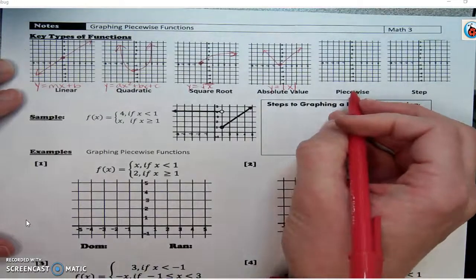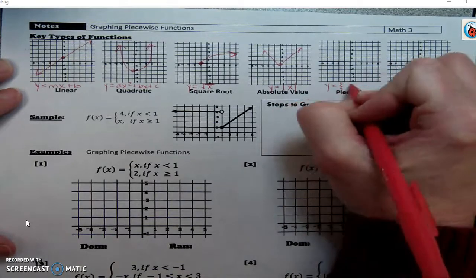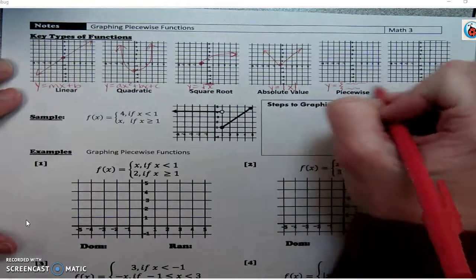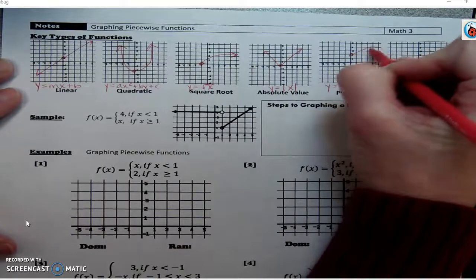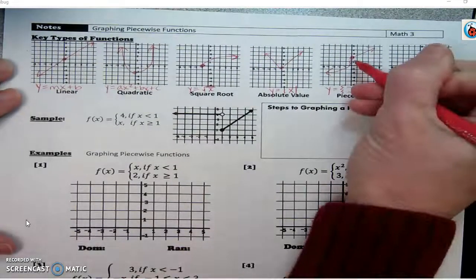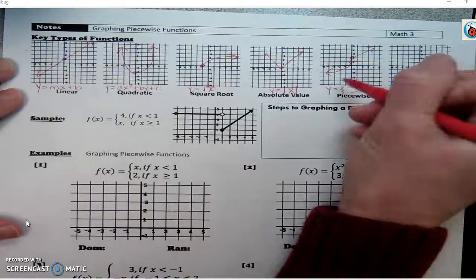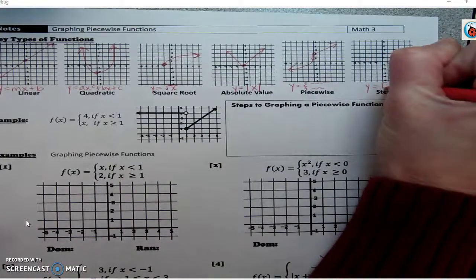And a piecewise function is a function that has different parts to it. So you'll have a function for one interval and a different function for another interval. That's what we're going to be working on today. So here's an example of a piecewise. It has a different function to the left and a different function to the right, but it can do more than just that. And lastly, the step function